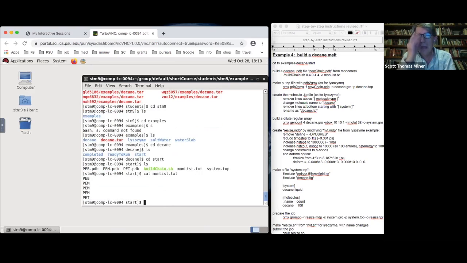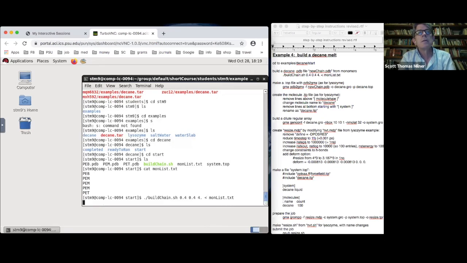So this is limited only by your ability to build monomers that stack together. So if I say ./buildchain.sh 0.4 0.44, input from monlist.txt, and after a little moment,